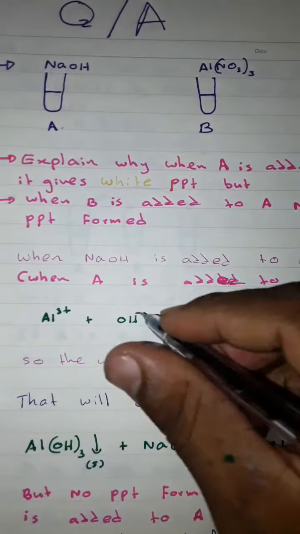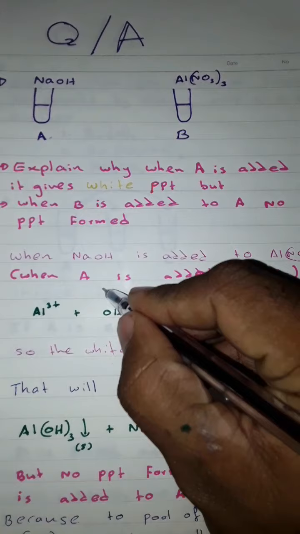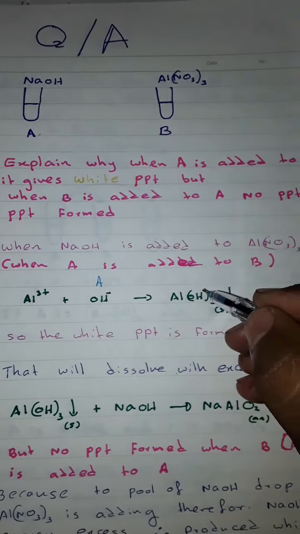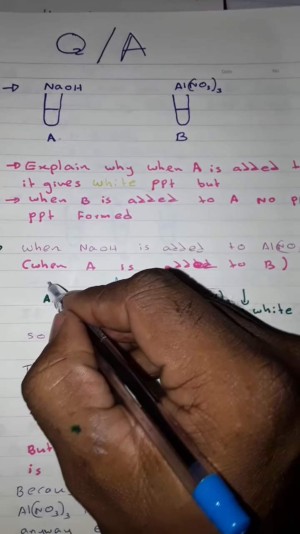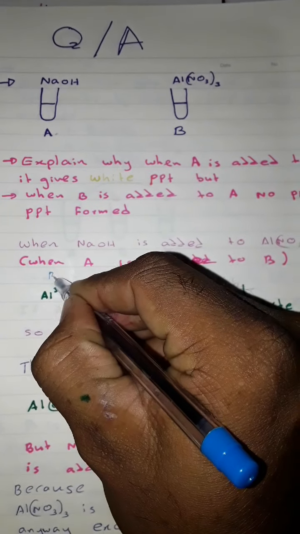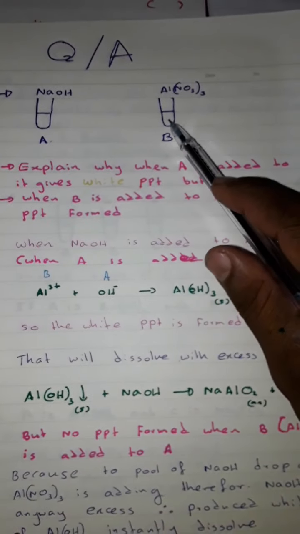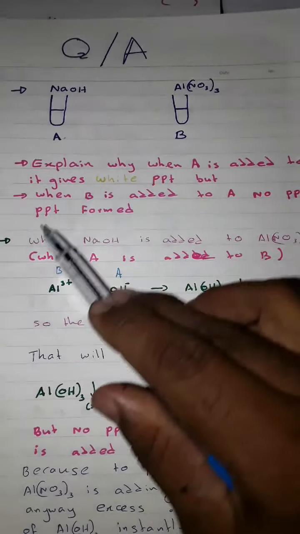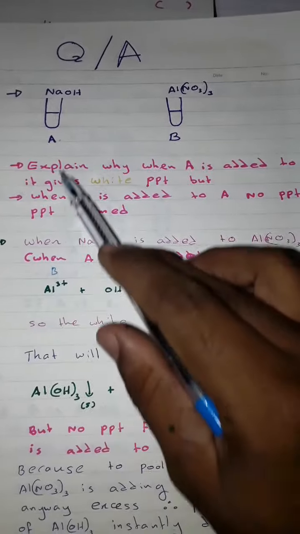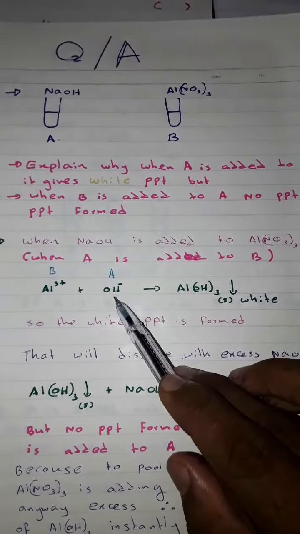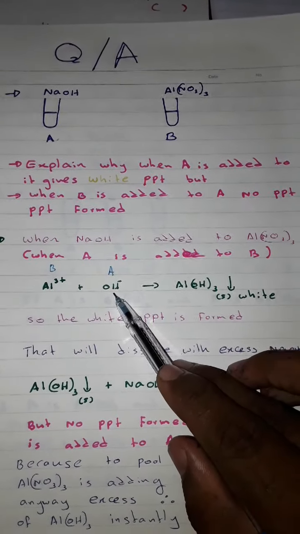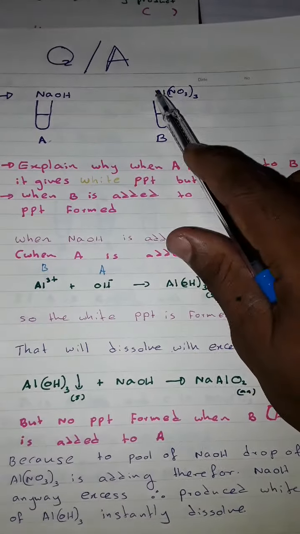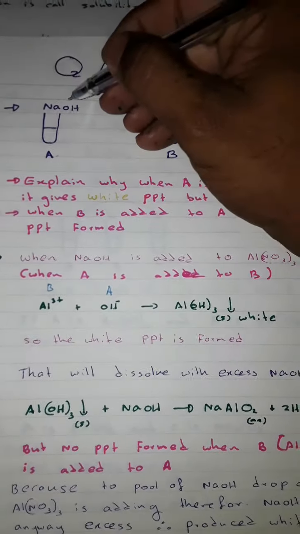This is solution A, right? So what is B? The aluminium nitrate, right? So aluminium nitrate, that B solution, gives us what? Al3+ ion. Sodium hydroxide gives us what? OH- ion. So when sodium hydroxide is added to aluminium nitrate,